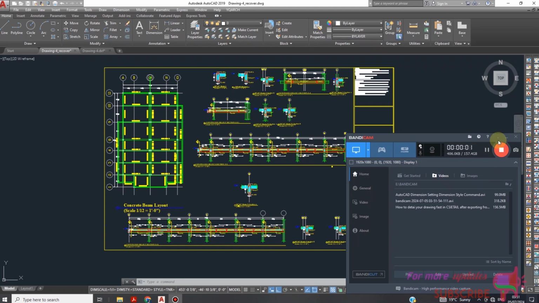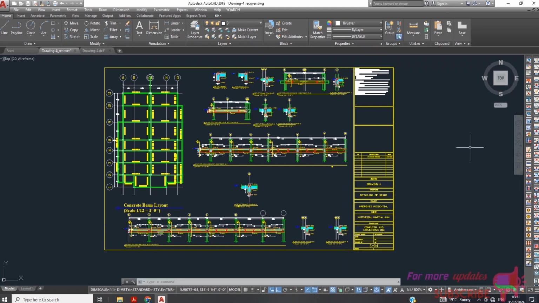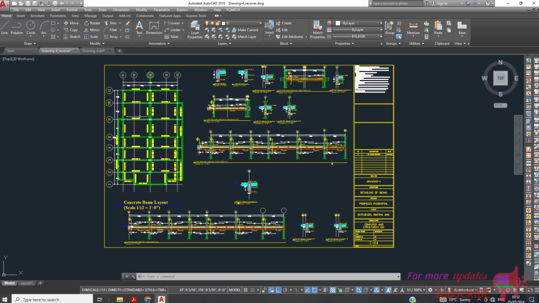Welcome. In this video, I will show you tips of how to select similar or quick select in AutoCAD. I'm assuming that you know the basics. For example, if you need to select using